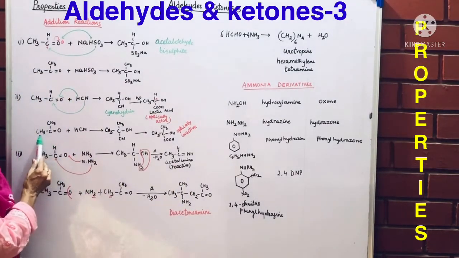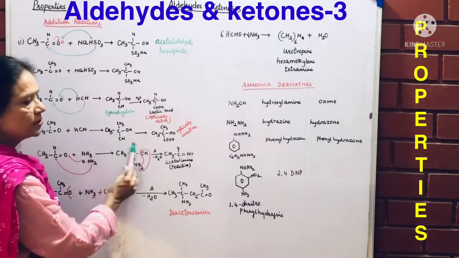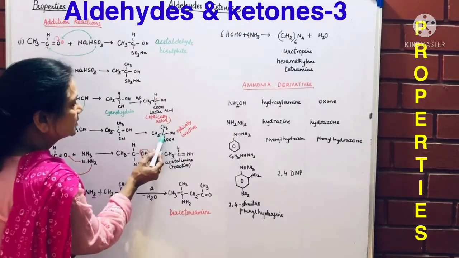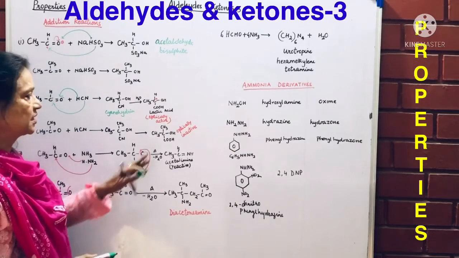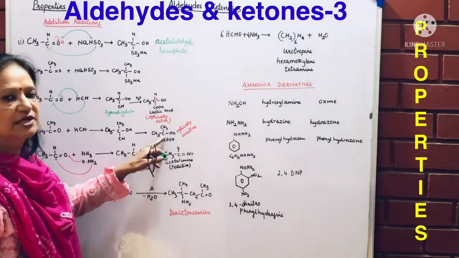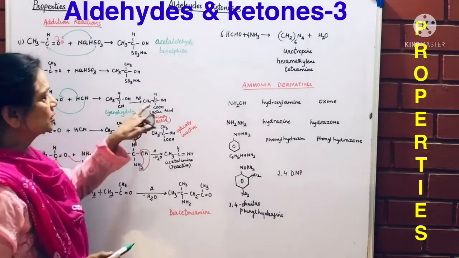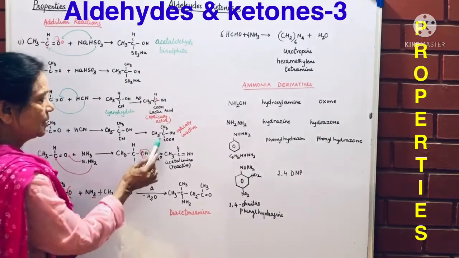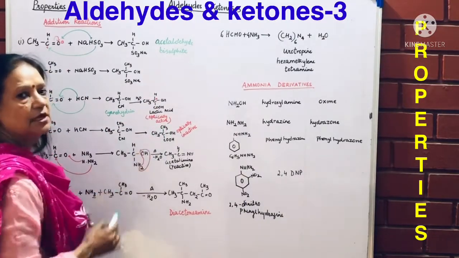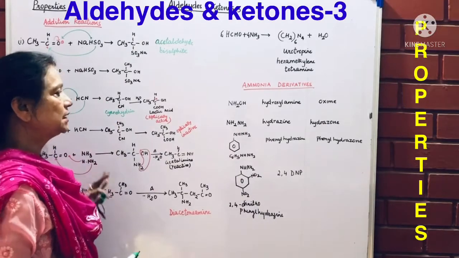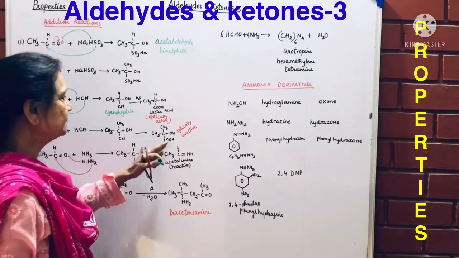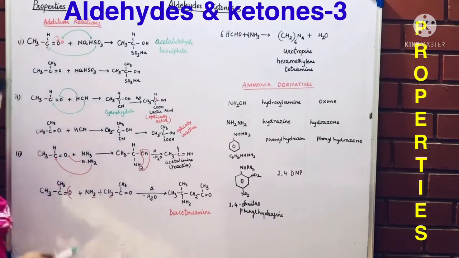Whereas when I react with acetone and further move into the same reaction, at this point there is no optical activity, or an asymmetric carbon atom is not present, because here four groups were different, so it was an asymmetric carbon atom. Whereas here two groups are same, so it is optically inactive. Reaction is the same, changes into COH.